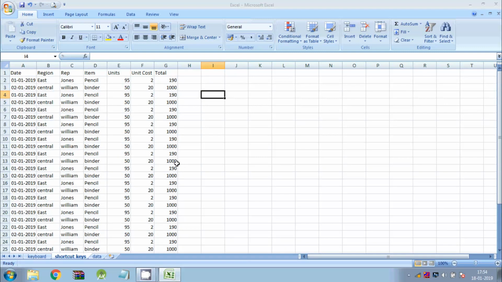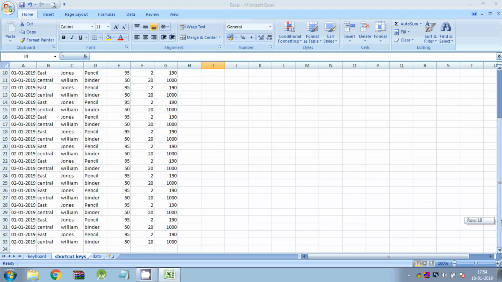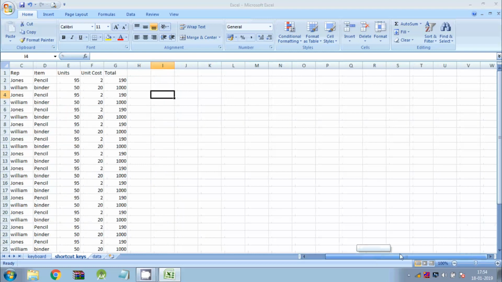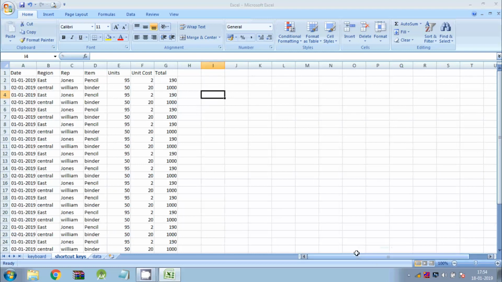Sometimes if the sheet is big, then you cannot see the place where you want to move. In such a situation, you would have to use the scroll bars as shown in the following screenshots. This is scroll up, scroll down, this vertical bar, horizontal bar. You can scroll your sheet by rolling your mouse wheel, which is equivalent to clicking the up arrow or down arrow buttons in the scroll bar.